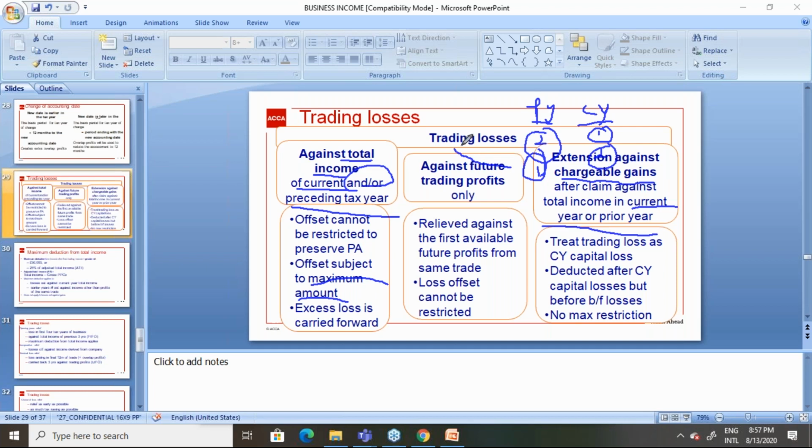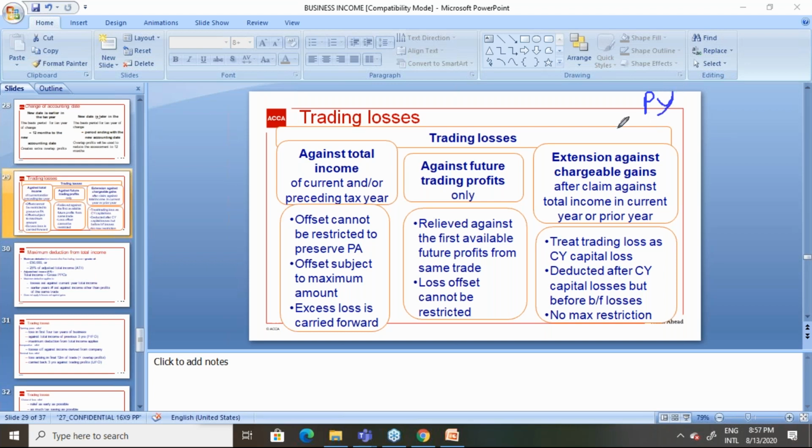However, if you want to set off a trading loss against current year chargeable gains or previous year chargeable gains, there is a condition to be met. Assume you want to set off your trading losses against the previous year. You can carry back a maximum of 12 months, not more than 12 months. Under normal circumstances, you can carry back only 12 months. So if you want to use the chargeable gain of the previous year,